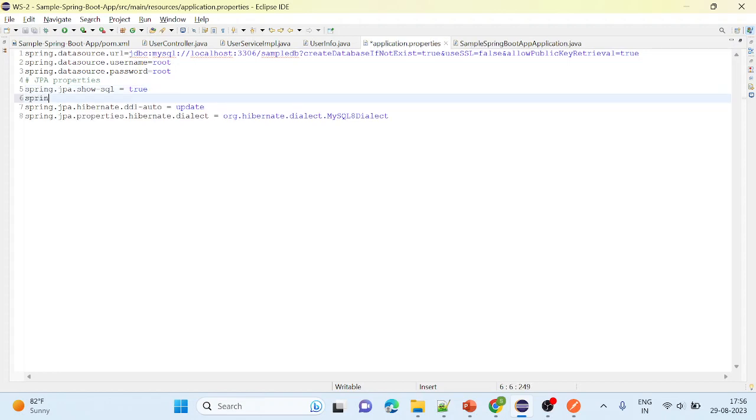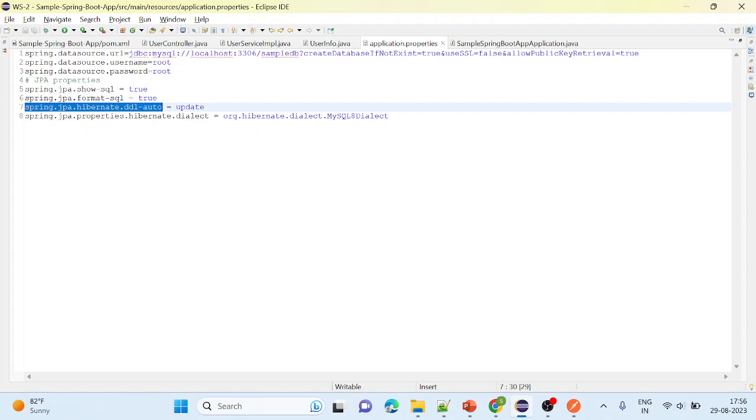into SQL queries. So whatever generated queries we have, you want to display that in your console. Along with that, I can also use one more, that is format SQL. Also, I'll make it true so that all the queries will be shown in a formatted way. And then this is a very important property,